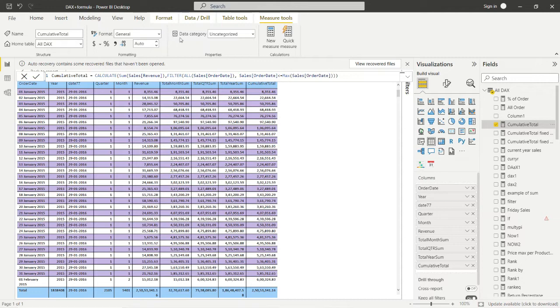So here, previous month sale is equal to previous month revenue is equal to